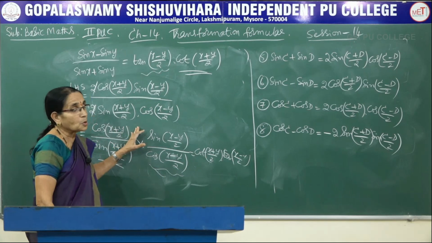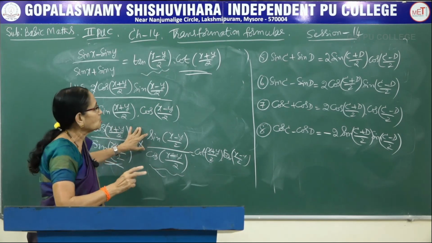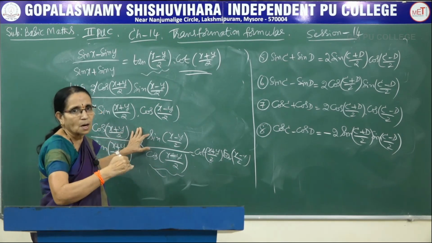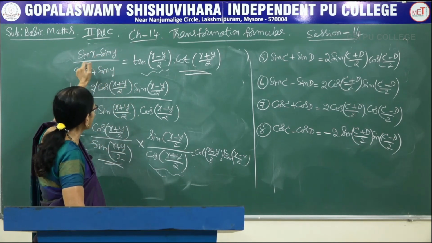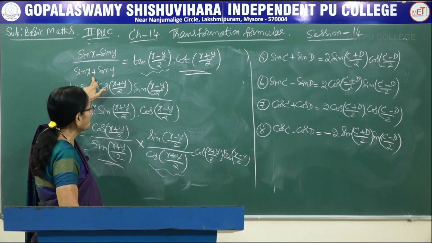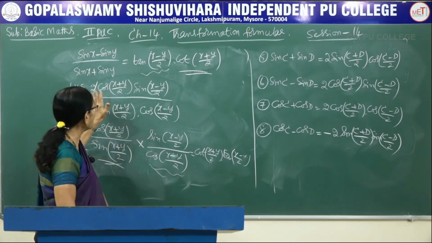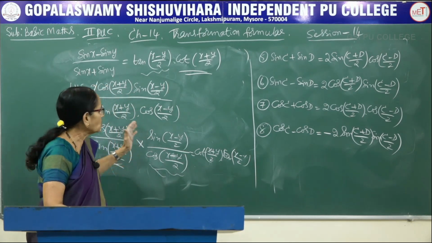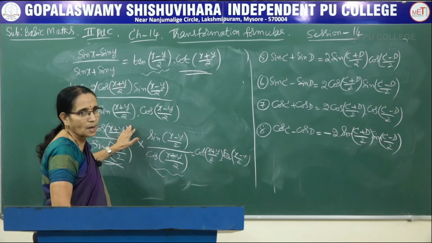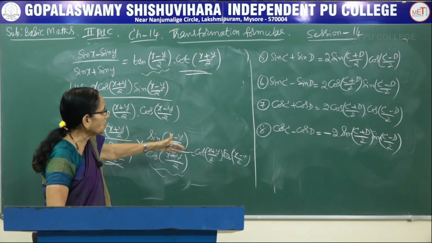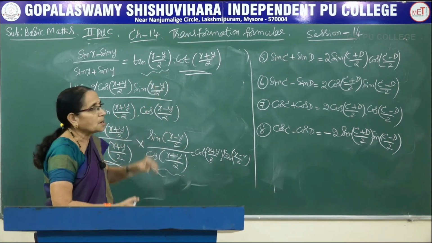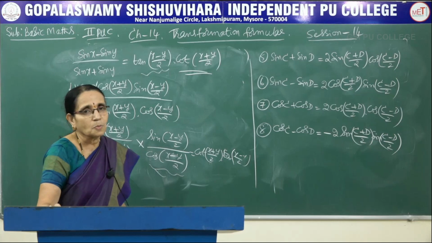So in the previous problem, 2 terms got cancelled. So only one was remaining, sin by cos, we wrote it as tan. Whereas here, because one was positive, the other was negative, there is no question of cancellation, only the number 2 got cancelled. So we are grouping the terms here depending upon the angle, positive angle, negative angle. So we got one term to be cot x plus y by 2, the second term to be tan of x minus y by 2.